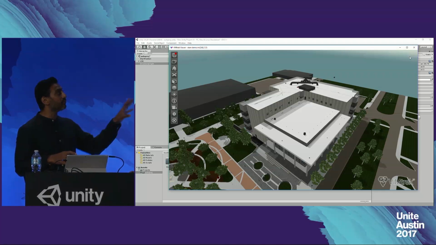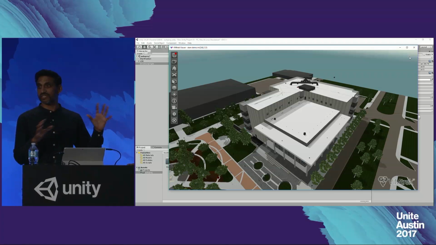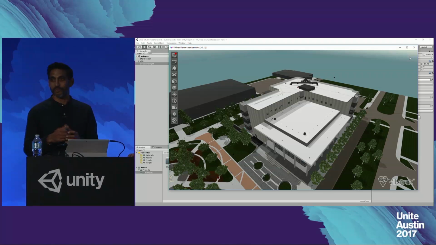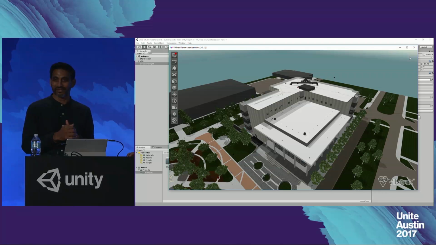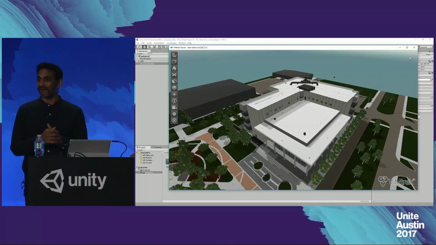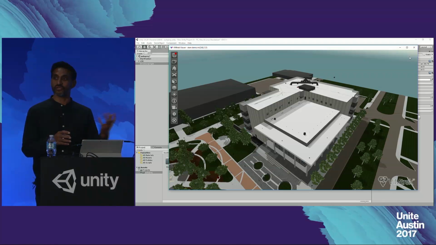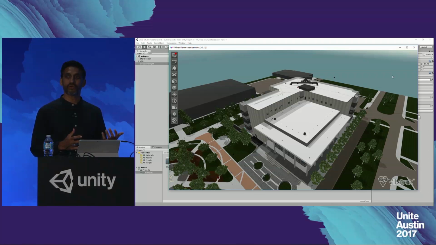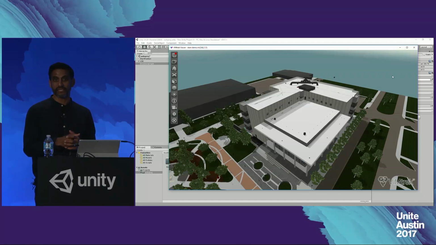And this is all fully automated, so no one's touched this. We don't have a bunch of guys in the back of a warehouse churning away on this model. It's a fully automated process, so you can load your model up, and within a 20-30 minute time frame, depending on the size of the model, you're going to get a representative model like this out. Again, it's going to be containing all your light information and texture maps and everything else as well.